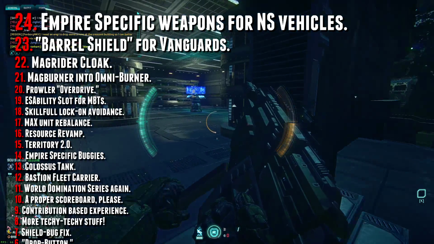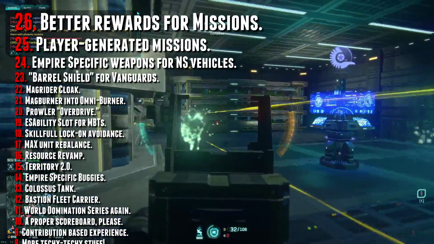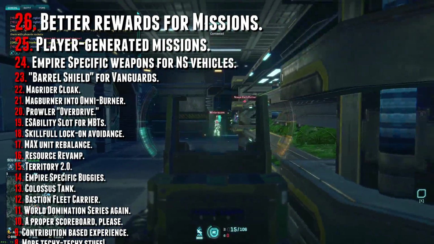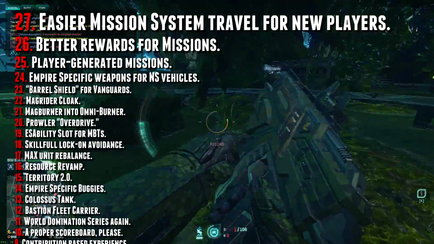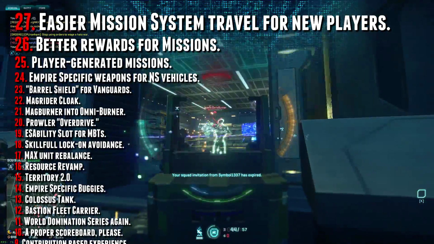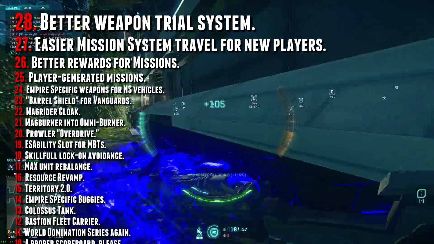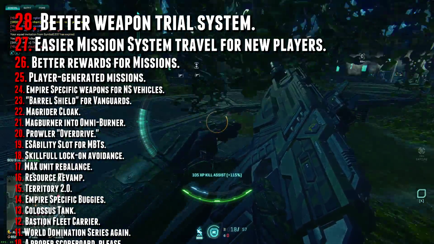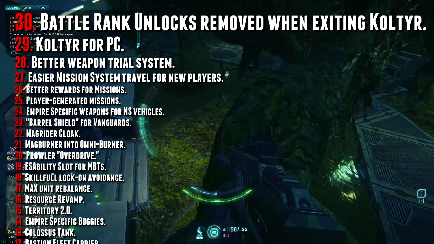Faction-specific weapons for all Nanite Systems vehicles would be nice, player-generated missions, better rewards for the mission system that aren't certification points or experience, a way for newer players to warp closer to their mission system objective instead of their first mission being to try and figure out how to actually get to their mission, a better weapon trial system, one that's actually worth bothering with,